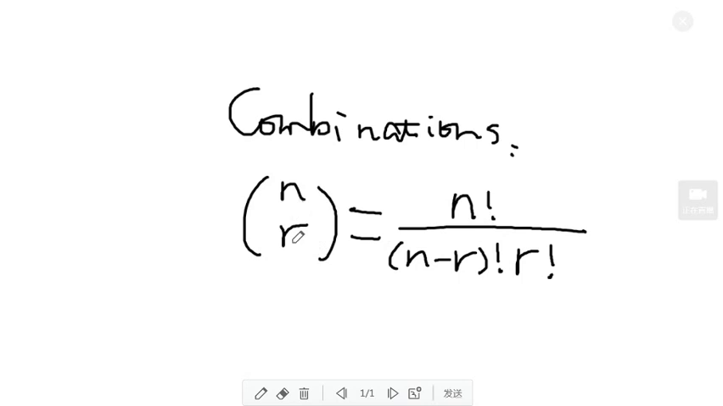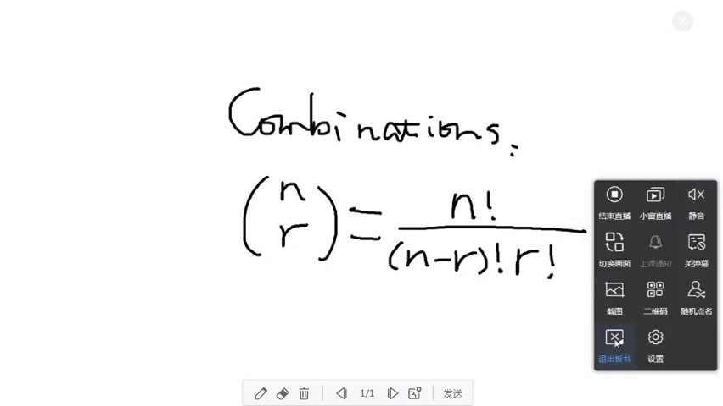So in the combination, the important key or the different thing from permutation is the order does not matter, okay? If you choose always the same r objects, no matter what is the order you pick those r objects, it's the same, okay? The order does not matter. So that is the notation for combination, and we read it n choose r, okay? Now we are going to check the